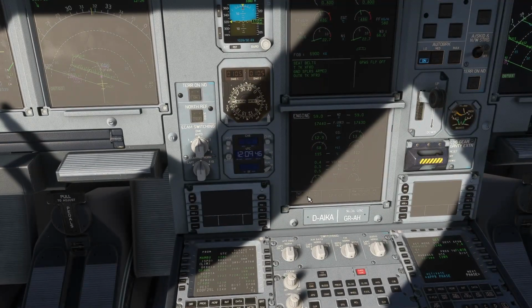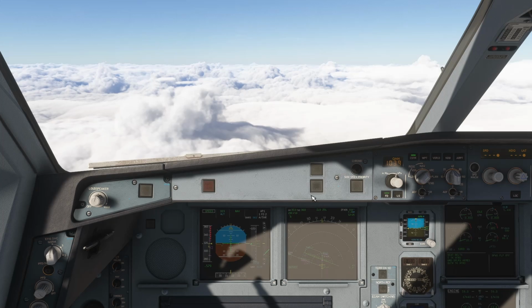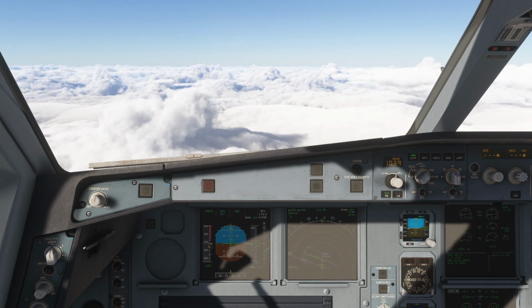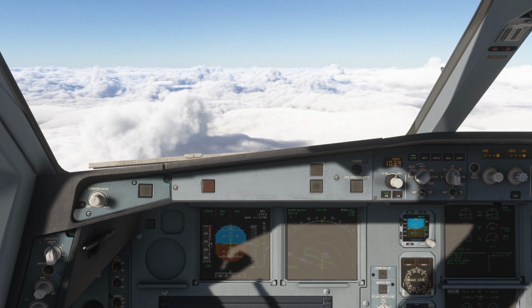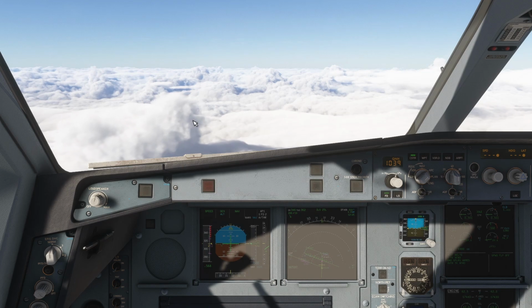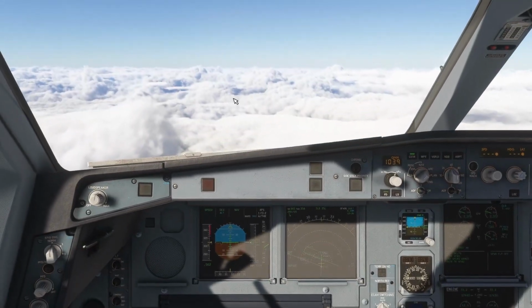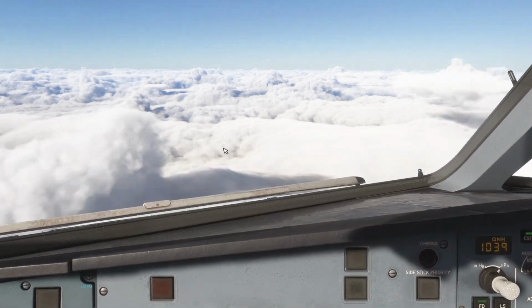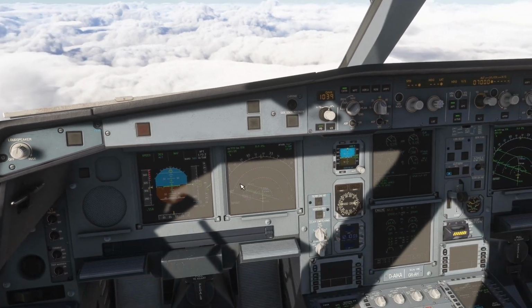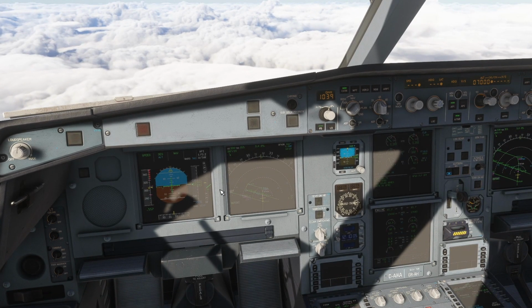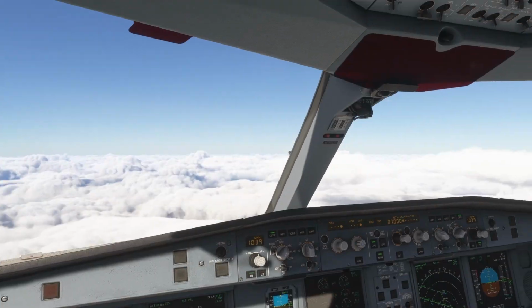Now we're at 13 degrees Celsius. Okay, sorry, I'm back. So we're at 13 degrees Celsius, 12 degrees Celsius now. So we don't need the engine anti-ice, even though there is visible moisture. So I'm gonna keep an eye on the temperature, and if it drops below 10 degrees, we're gonna turn on